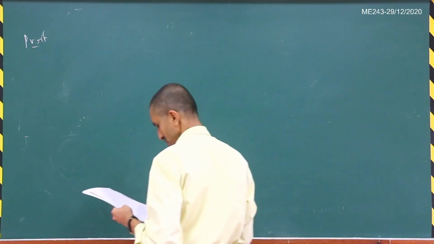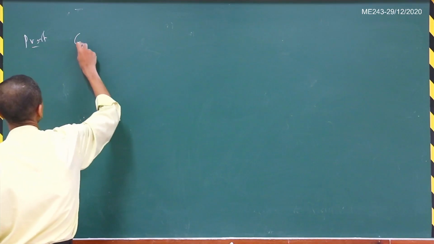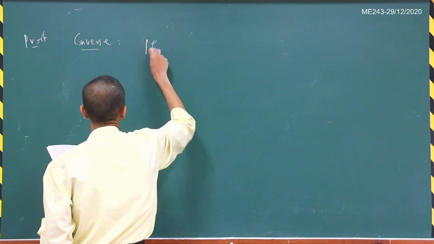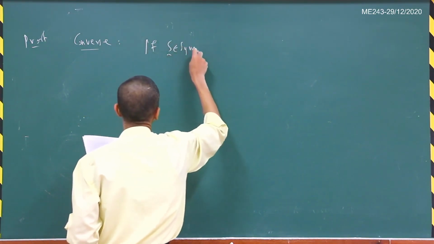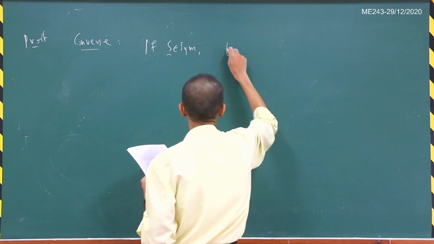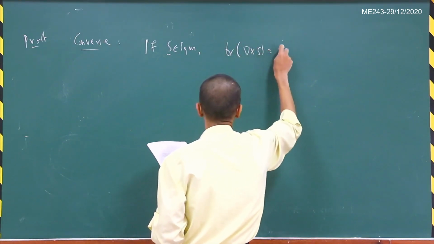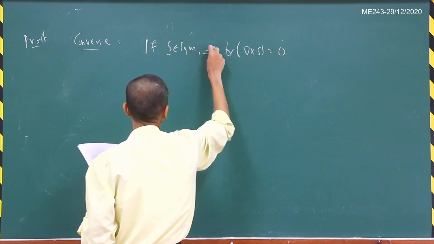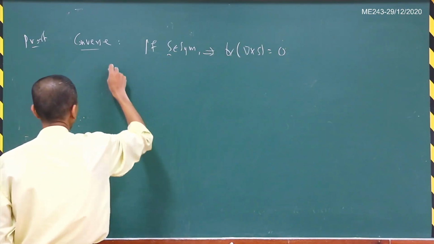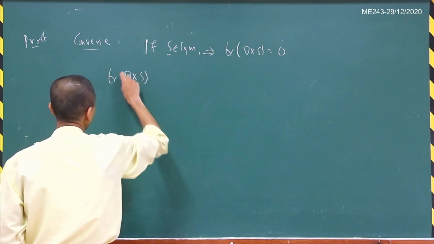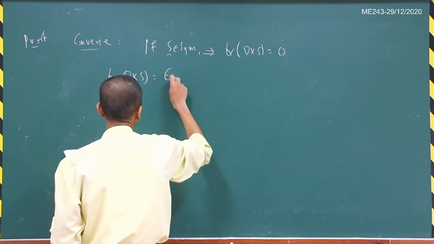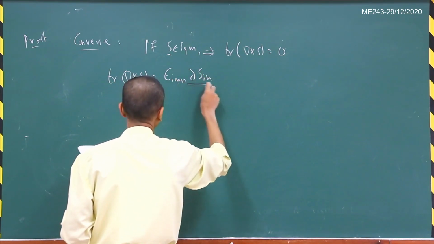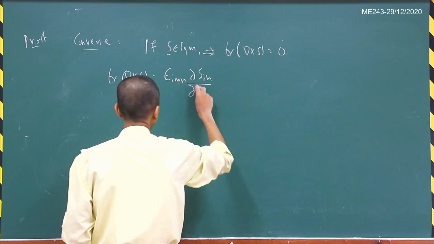Yes, so let us show the converse now. Converse. So if S belongs to Sym, then trace of del cross S is equal to 0. So first we will prove this. So this implies that trace of del cross S is equal to 0. So let us show that. So trace of del cross S is equal to epsilon_imn ∂S_im/∂x_m. So I'm just